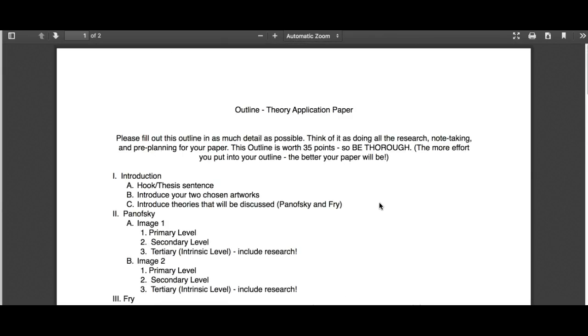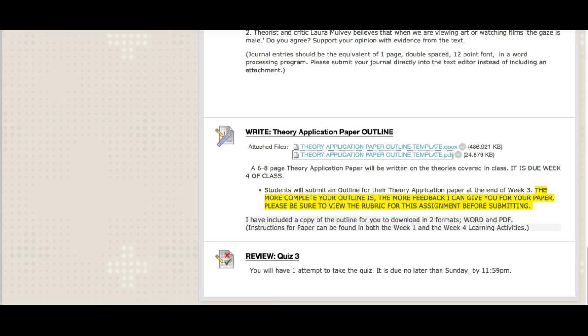That is your outline. So again, I walked through that in a little bit more detail, but I really want you to be successful here, and this is going to allow me to give you some good feedback. If you don't complete your outline, there's not really a lot for me to do for you, okay? So let's help each other out at this point.